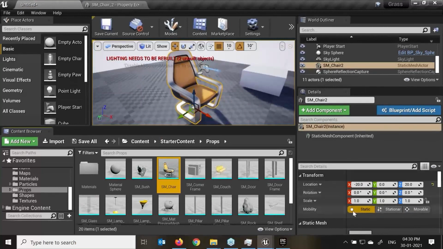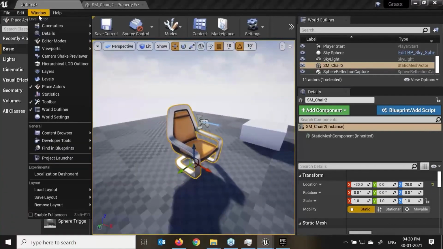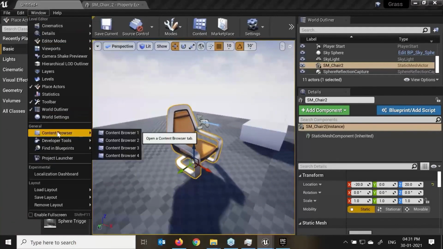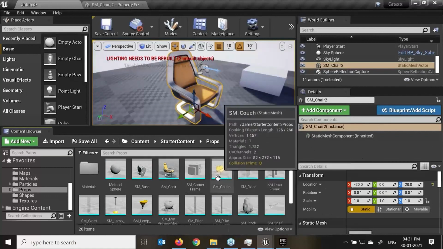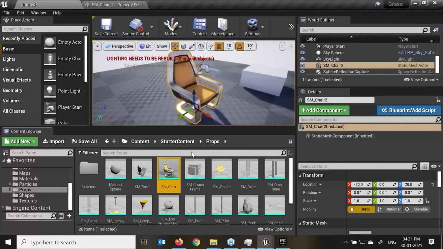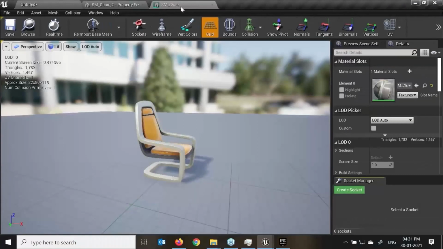So now we'll start to understand what is a content editor, the content browser. By default, I have deleted my content browser over here. I'll go to my window. We have four different content browsers. I'll just select over here. This will come automatically. If I lock this, my content browser is over here, right? And if I double click on my object, this opens a static mesh editor. I drag and drop it next to this, which is the main Unreal Engine editor.